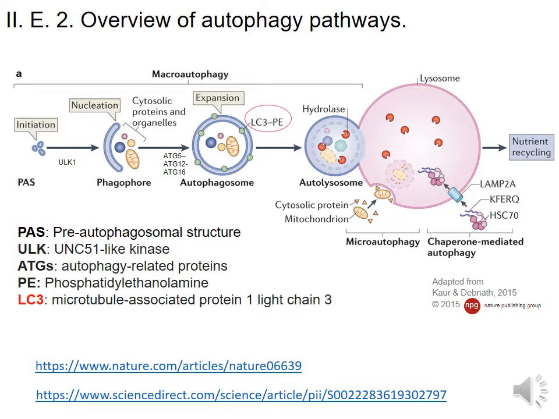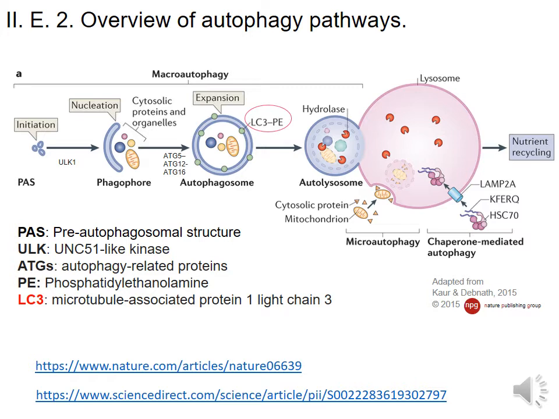specific transporters for degradation. There are some other forms of specialized autophagy that include selective clearance of specific organelles or components, such as damaged mitochondria, and that specialized autophagy process is called mitophagy. There's also a removal of cytoplasmic bacterial pathogens, which is called xenophagy. And there is even a specialized way of autophagy to deal with protein aggregates called aggrephagy.